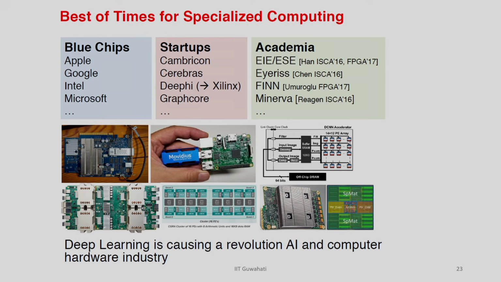You can see that in academia, in startups, and in big companies, everybody tries to develop specialized chips for every purpose, right. Specifically, the deep learning and AI revolution makes this industry more useful, because you need more specialized architecture, specialized hardware, and specialized processors for all these deep learning algorithms, right.